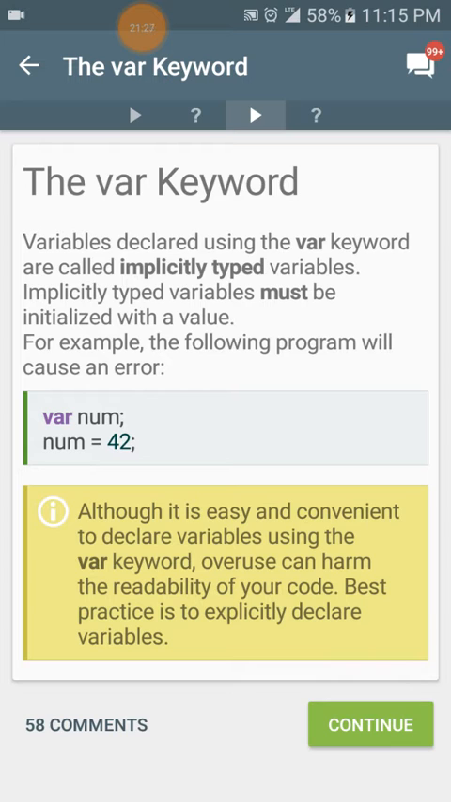The var keyword. Variables declared using the var keyword are called implicitly typed variables. Implicitly typed variables must be initialized with a value. For example, the following program will cause an error. var num; and then the next statement, num = 42;